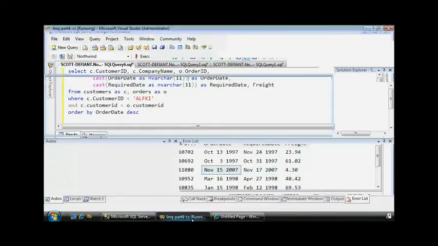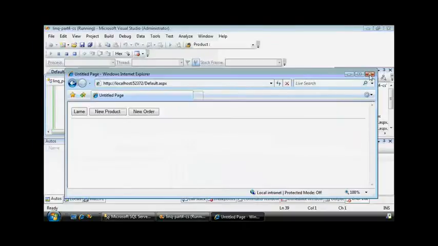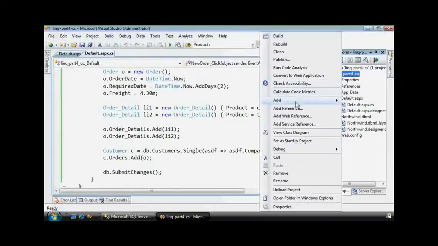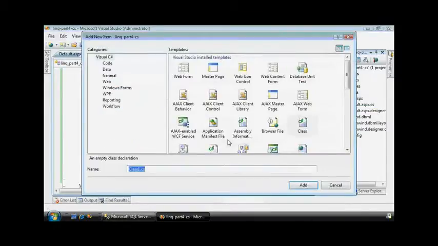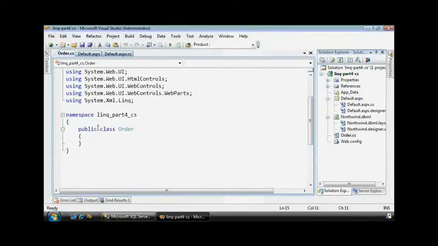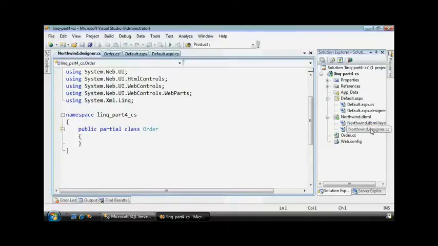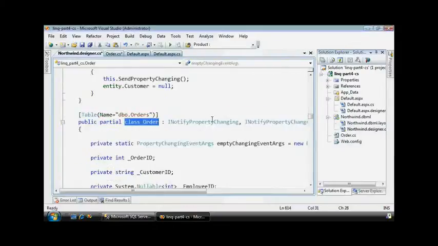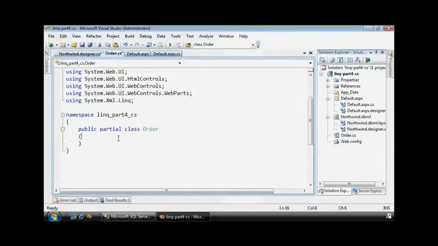So to do that, because we're using partial classes, this is actually quite easy. I need to add a new class, and I need to give it the same name since we're dealing here with orders. So a new order class, and this is now a partial class because we're dealing with the order class that already exists inside the Northwind Designer. Here we go, Northwind Designer. There it is. So it's a partial class, and we are extending it by adding